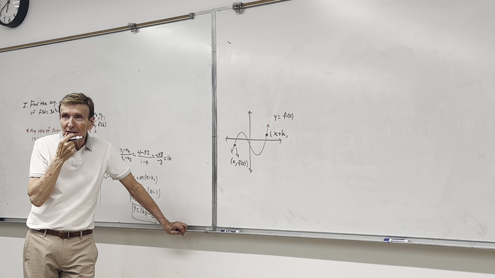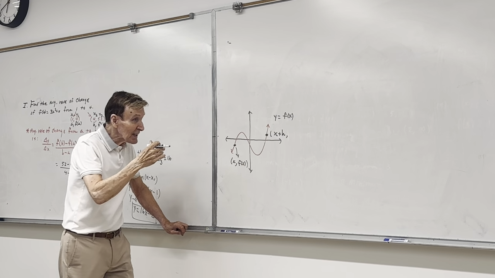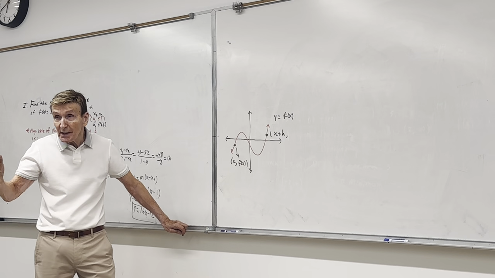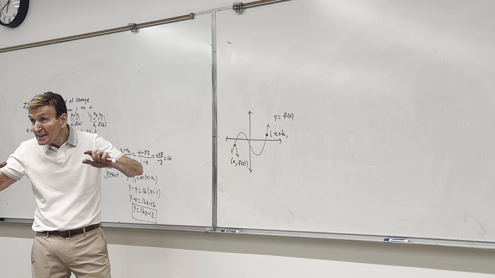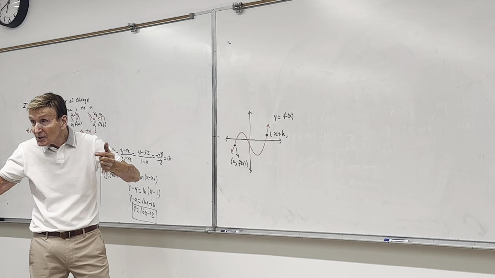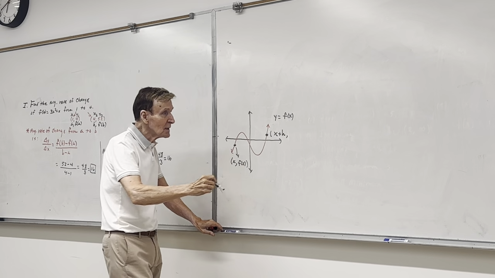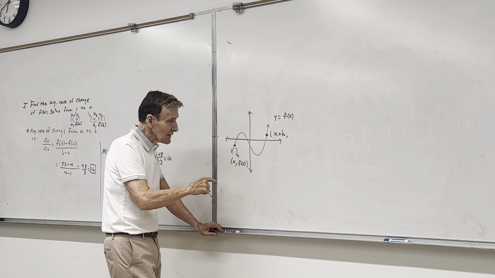That's where the h comes in. Shows it's different than the first point. And then, of course, the y-coordinate would be, look at this. The y-coordinate, does anyone think they know what the y-coordinate would be represented as if the x is x plus h? What do you think it is? Anyone? Down here it's f of x